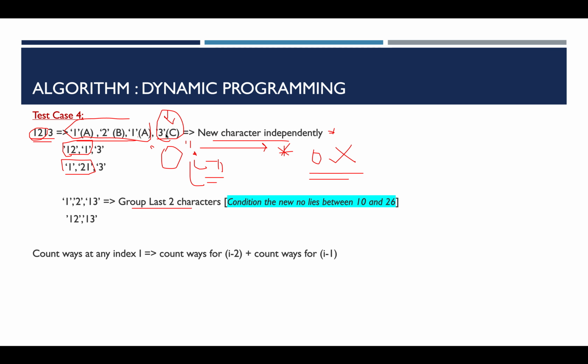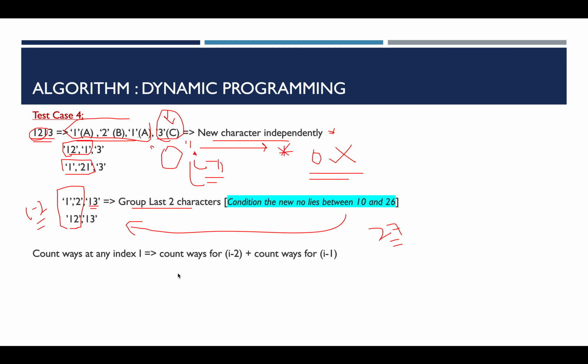Let's look at the second part of the computation. Let's group the last two characters, and when we have grouped the last two characters, we got 13 in this case. What were the possible ways that can be generated till the i minus 2 position, that is 1 comma 2 and 12. So there were two possible ways, and you will add this to your answer again, provided the new number is within the range of English characters. For example, if you get something like 27, it will never be part of your answer.